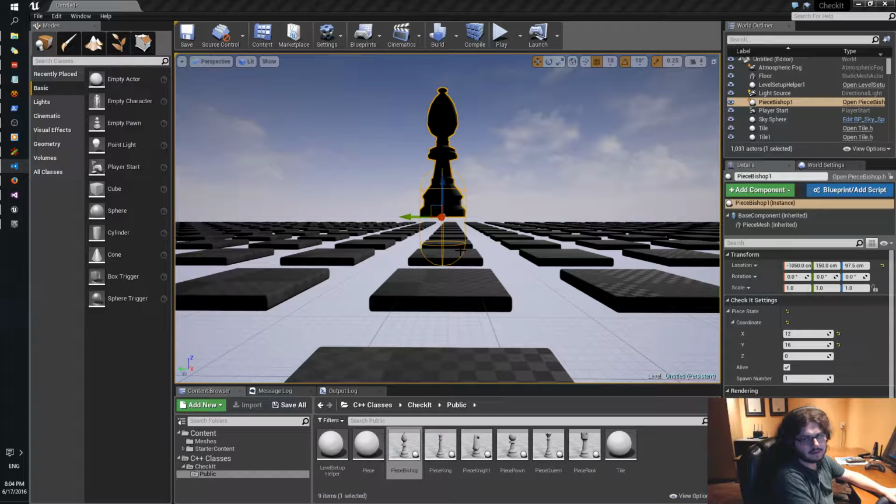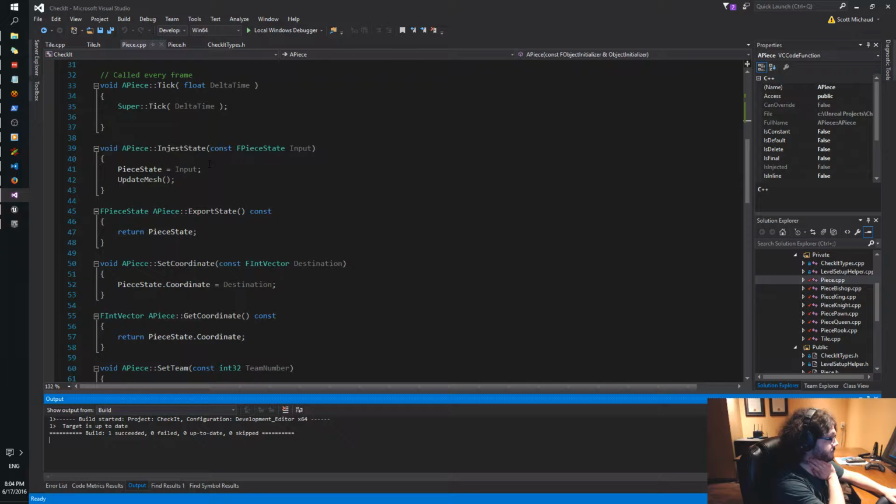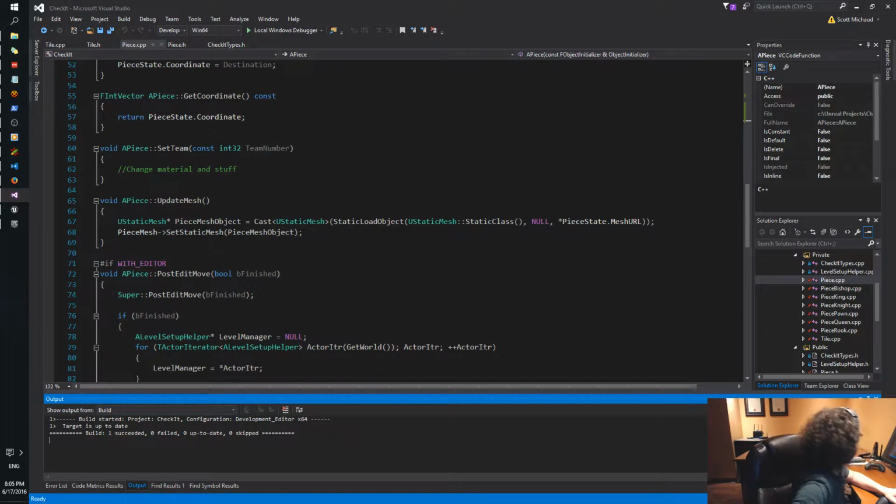Oh, because I haven't added that yet. Yeah, forgot about that. So in ingest state for update mesh, I also then need to